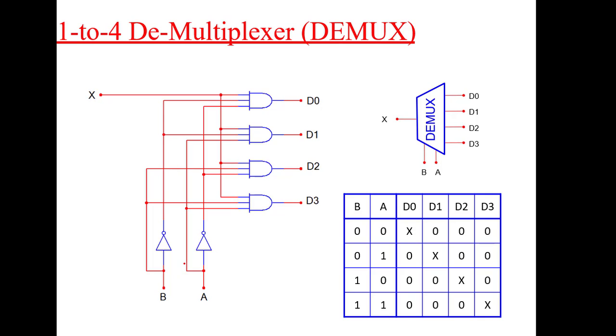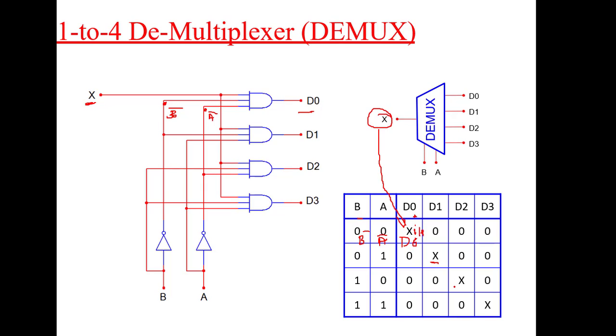Okay, so how does it look? See, already I told you we have taken B and A as 0 0, 0 1, 1 0, 1 1. So we can call this D0. Okay, D0 is selected, X. X here doesn't mean don't care, don't confuse it with that. This is the input value. Whatever input is given here, X is the input given, so that X is selected here. So what is your answer for D0 now? D0 is X here, and this portion is nothing but B bar, yes or no? And this portion is nothing but A bar. That is nothing but, see here, B bar, A bar, and D0. Okay, I hope you are getting the D0 portion, X is there.